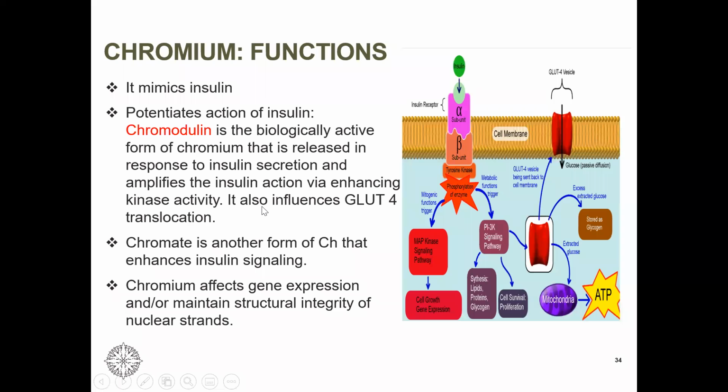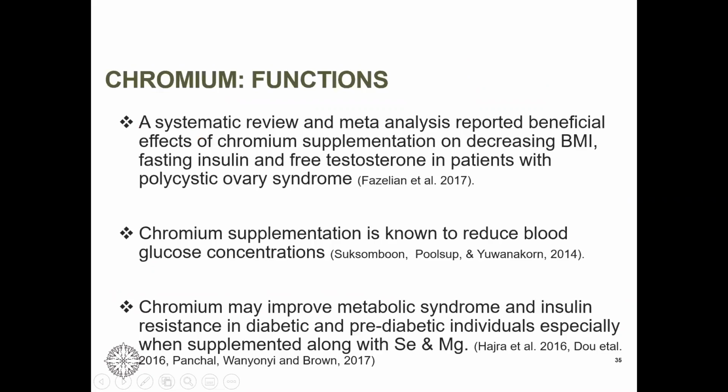Then chromium can also support GLUT4 translocation. Remember, GLUT4 in the skeletal muscles is inside the cell. It has to come out. So there, by supporting this signaling pathway, MAP, chromium can directly tell GLUT4, come on, go outside, there is glucose to come and absorb. Okay, so there are benefits, and you must be thinking now how much dosage to give,